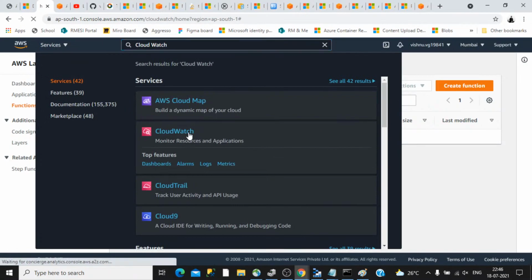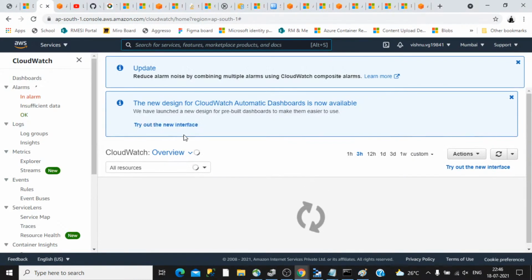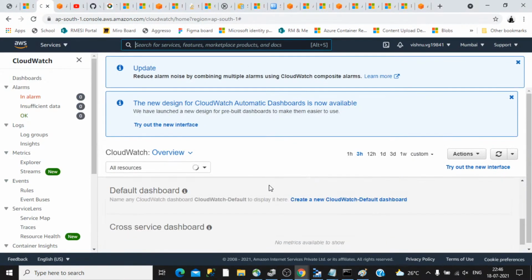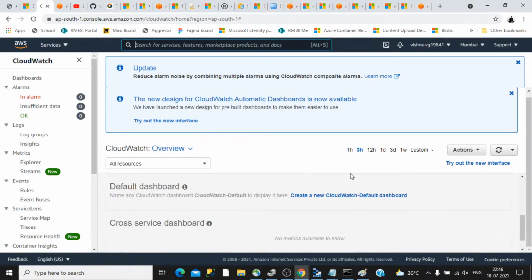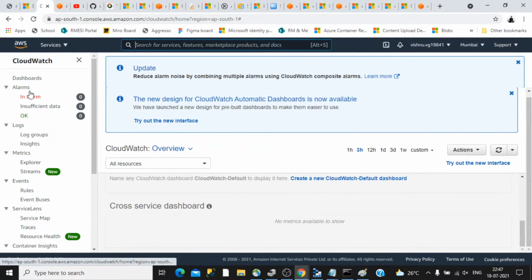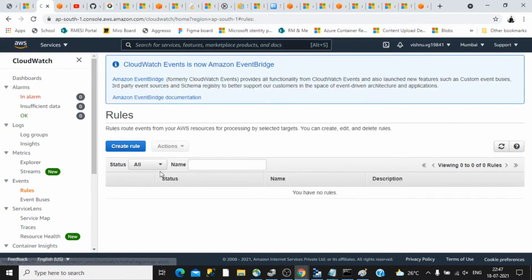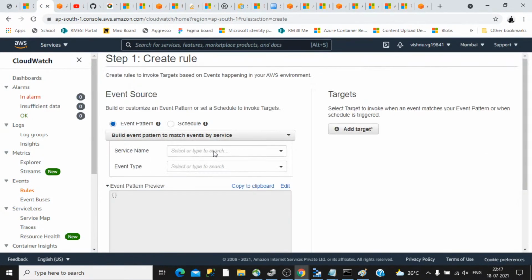Yeah, this is CloudWatch. Similar to Azure Monitor, where it was called alerts, here you can create alarms and rules, events, rules and such things. So you can create the rules.